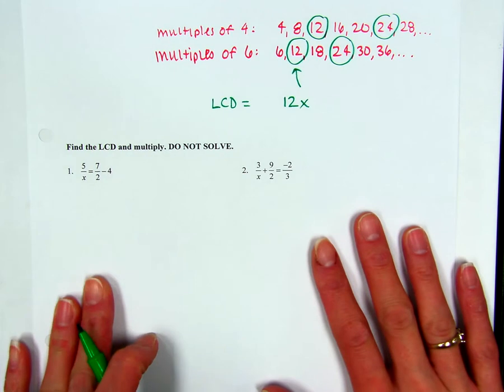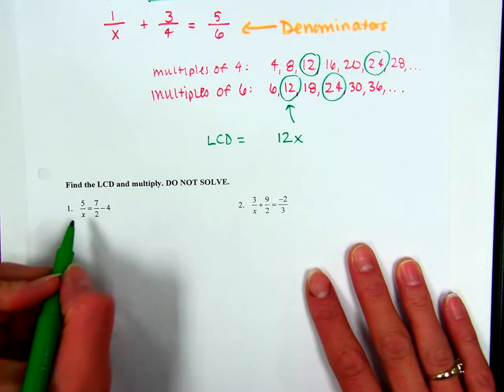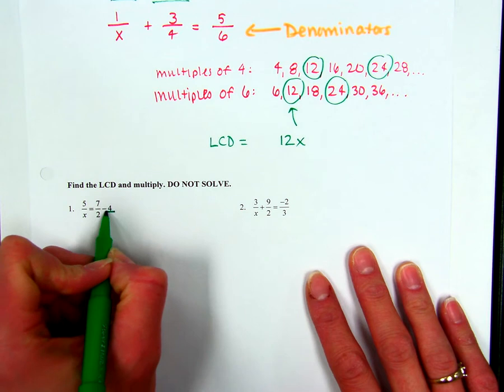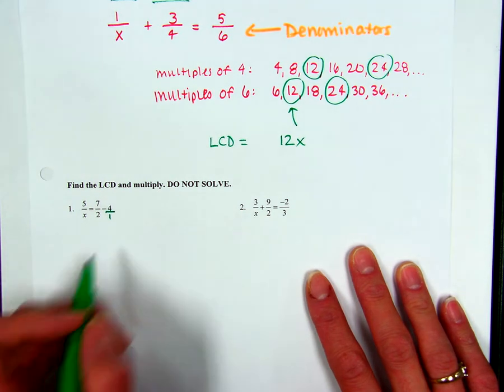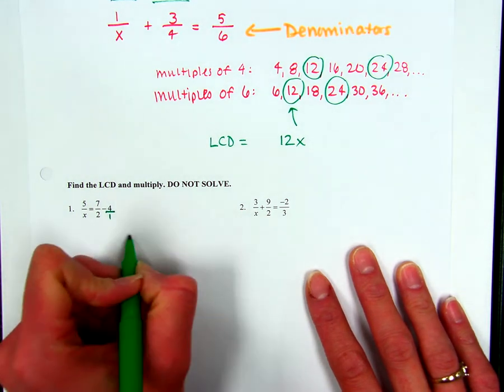All right, so for problem number 1, you're going to look at all your denominators. Right? I have a denominator of x, 2. Now my denominator here is 1. So make sure you're looking at all your denominators. If I were to look at my multiples of 1 and 2,